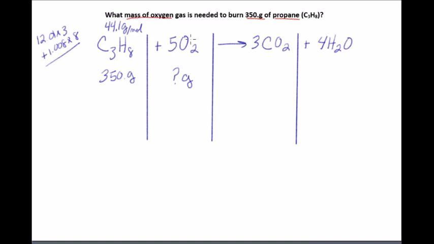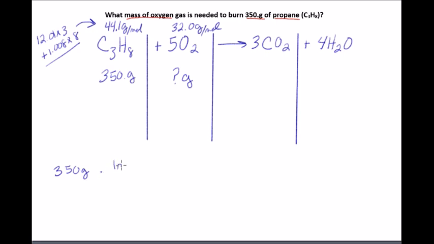For oxygen it's 16, but it's O2, so it would be 32.0 grams per mole. Put a little arrow there so you can see where the number came from. All right, now we can convert our grams to moles, and it's just a straight conversion like you've probably done several times. 350 grams